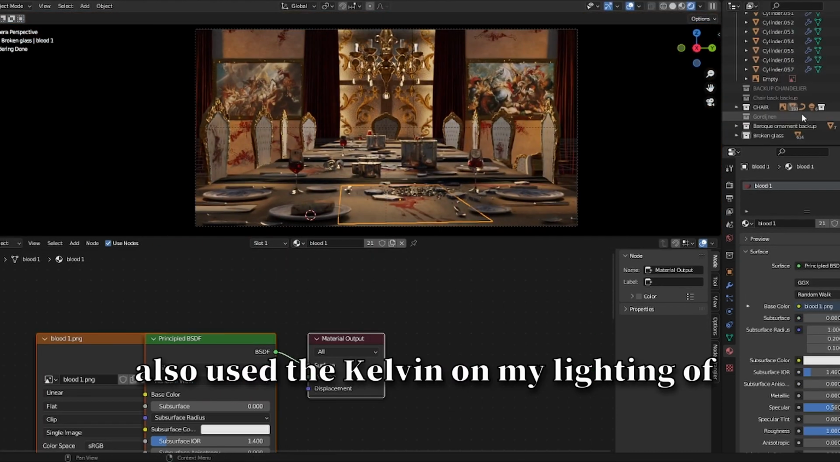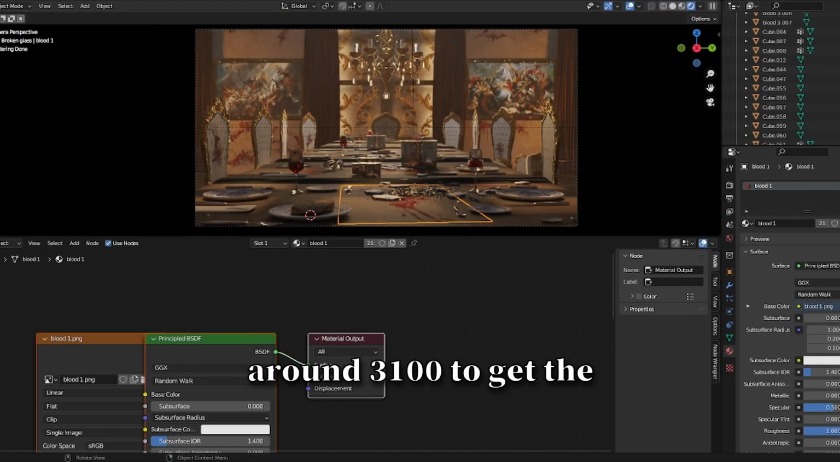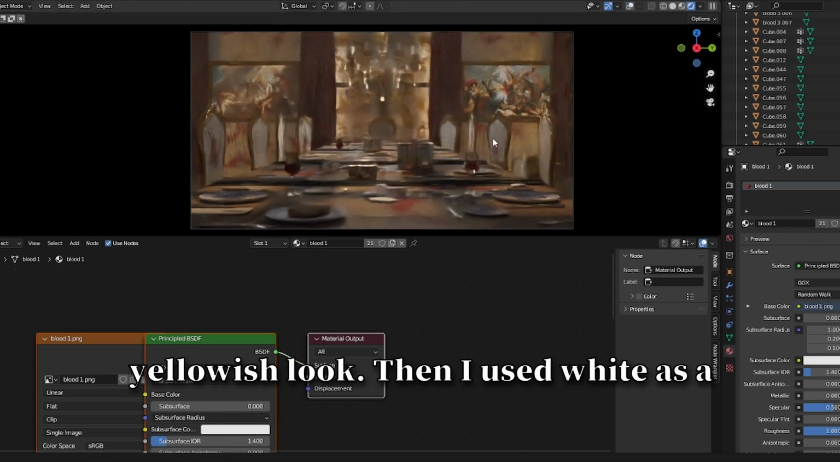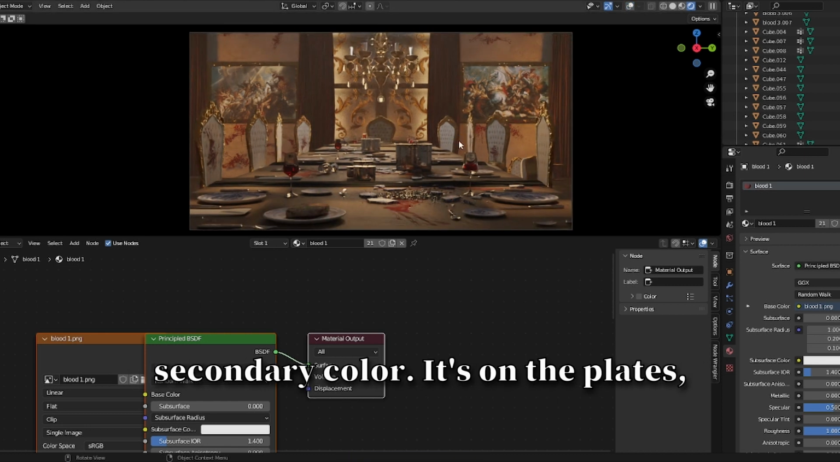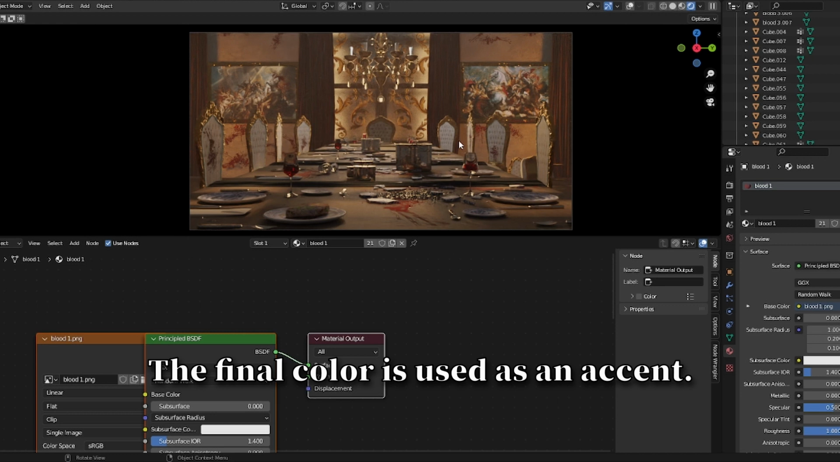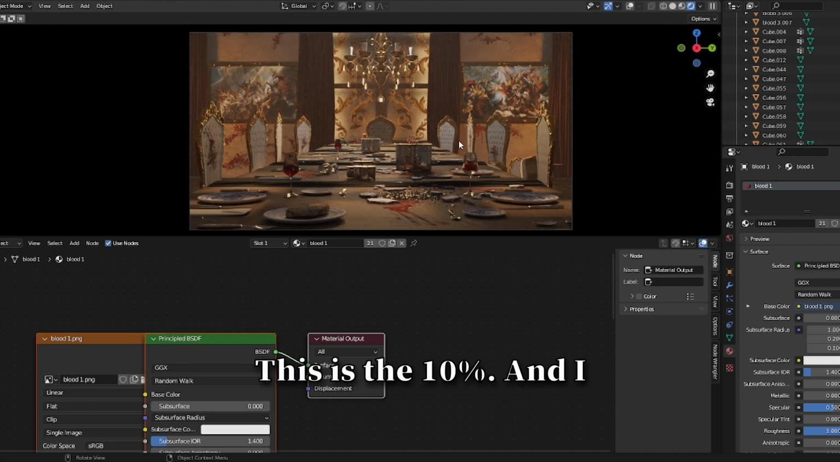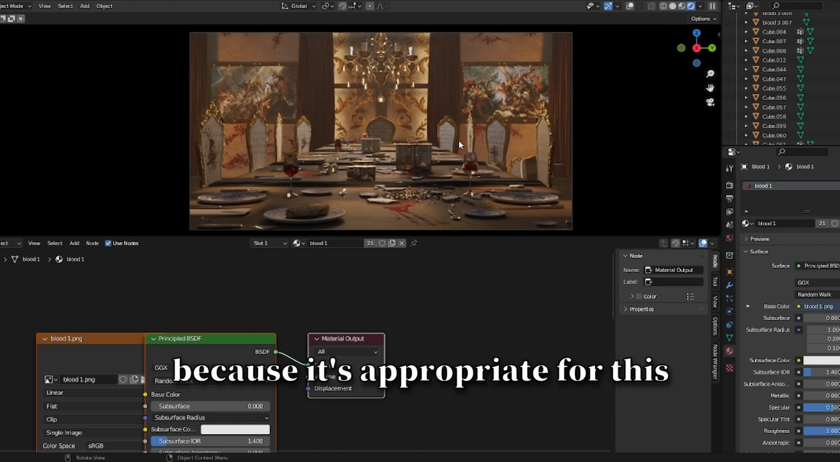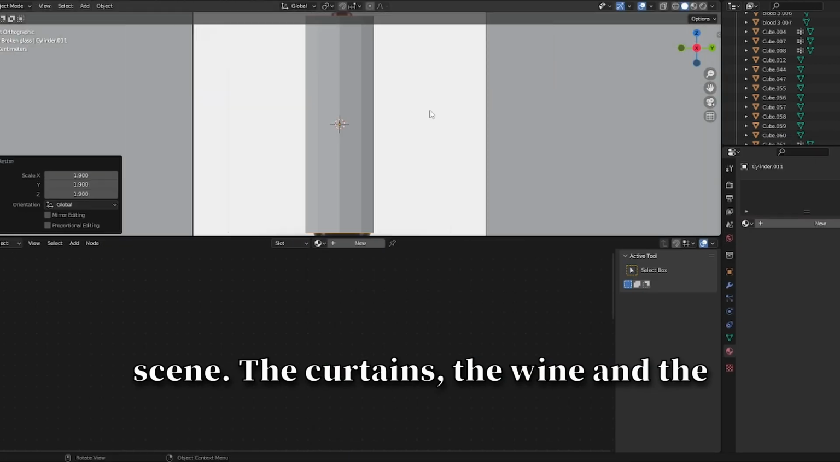I also used the Kelvin on my lighting of around 3100 to get the yellowish look. Then I used white as a secondary color. It's on the plates, it's on the chairs and it's in the paintings. I deliberately wore a white blouse for all characters. The final color is used as an accent. This is the 10%. And I decided to go for red, because it's appropriate for this scene. The curtains, the wine and the